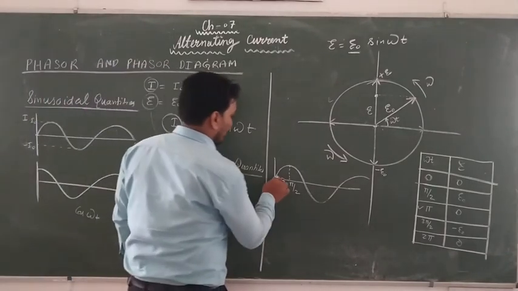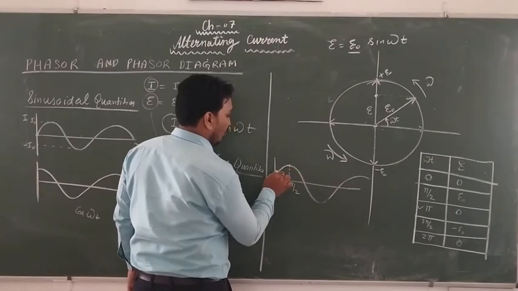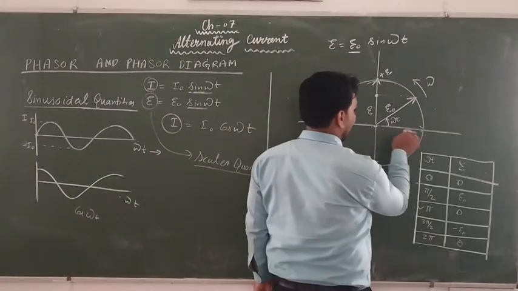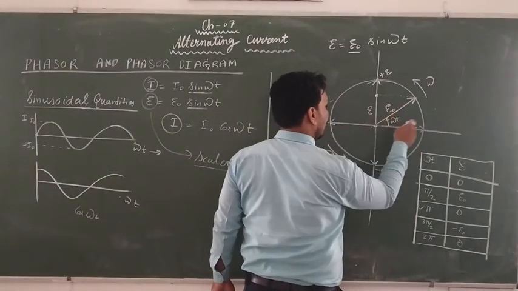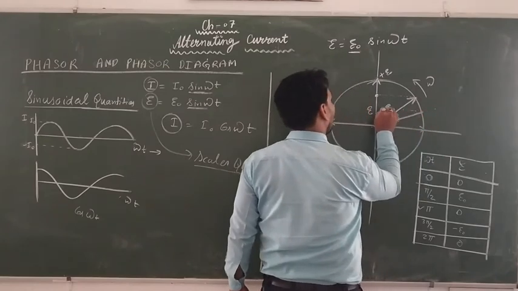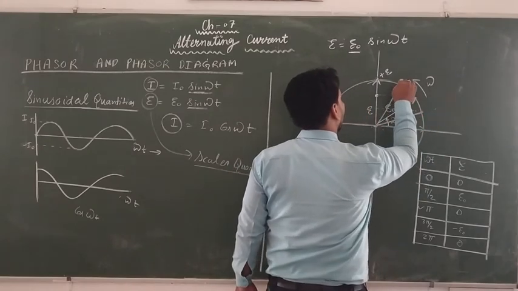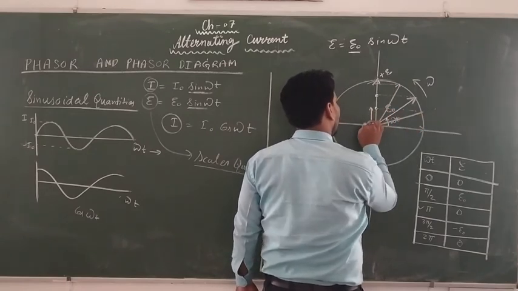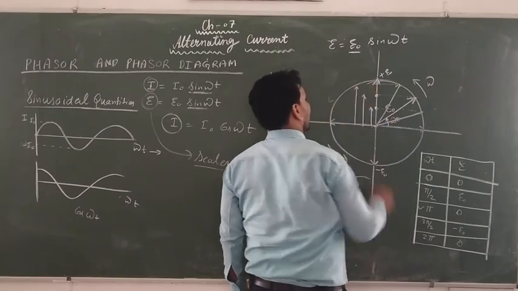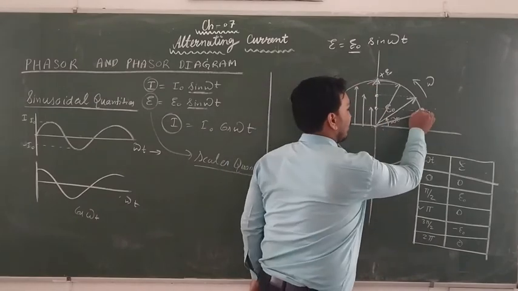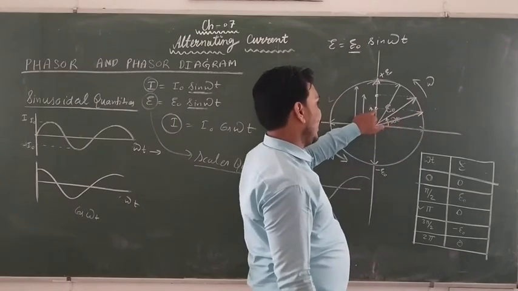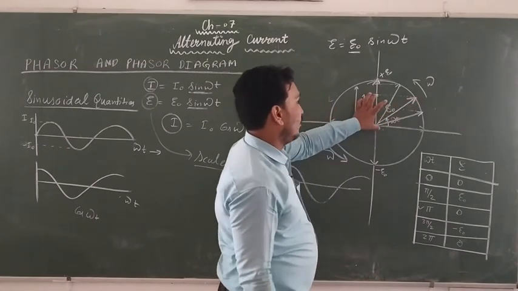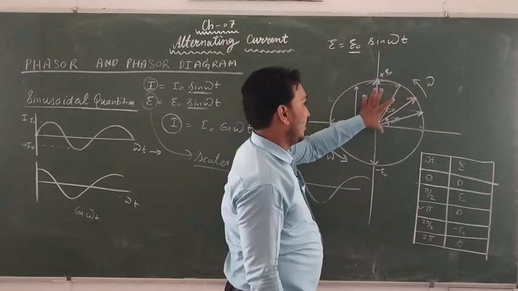So what is happening over here? From 0 to pi by 2, the value of EMF increases. Just see over here also. If this arrow is rotating from here till here, then at every point if we draw the value of instantaneous EMF, just see, put on the perpendicular. If from here you are measuring, the value of EMF increases, right? When the arrow was here, the foot of the perpendicular lies at this point, the value of instantaneous EMF is E this much. When the arrow is here, the value of EMF is this much. When the arrow is here, the value of EMF is this much.